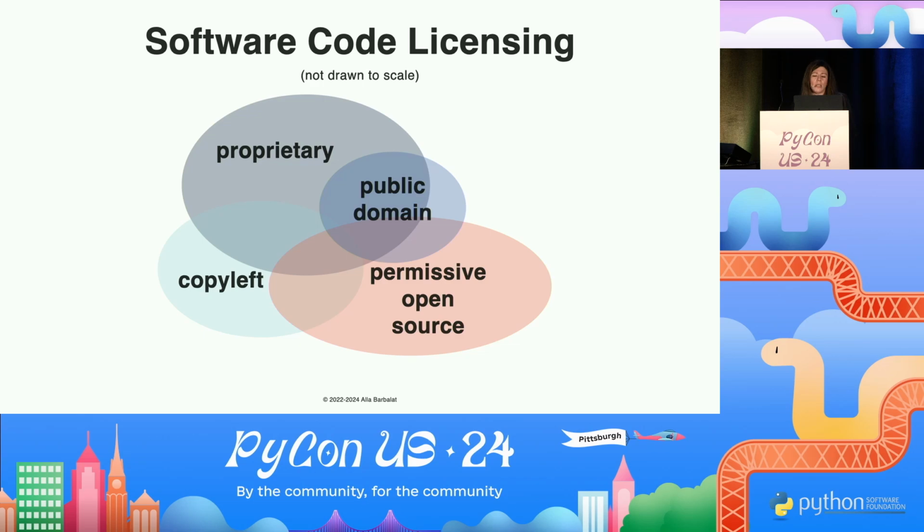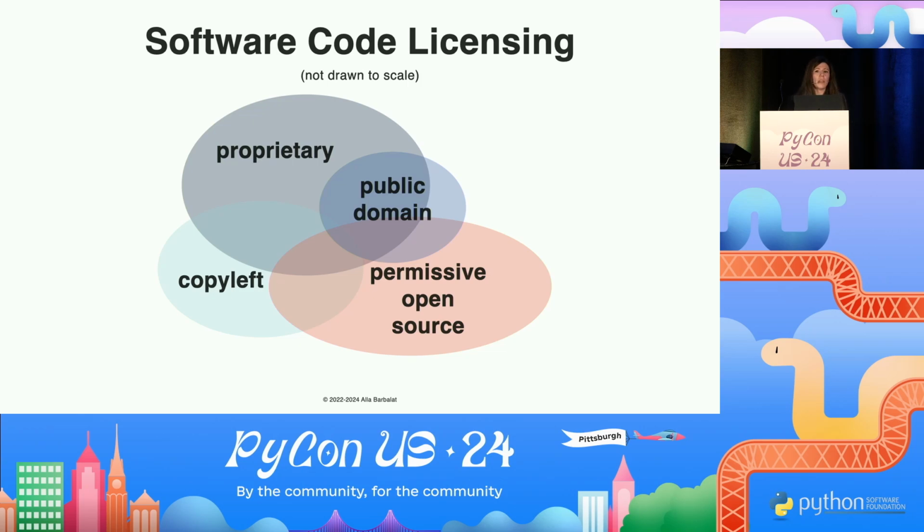Sometimes people also try to add to the public domain using something called an unlicense, and there's implications regarding that in terms of international contexts where there's moral rights. So something to consider if you're thinking about these issues on an international level. And then there are the two areas that I think we tend to think about a lot as software developers: permissive open source licensing and copyleft licensing. So these are all kind of under the open source umbrella.